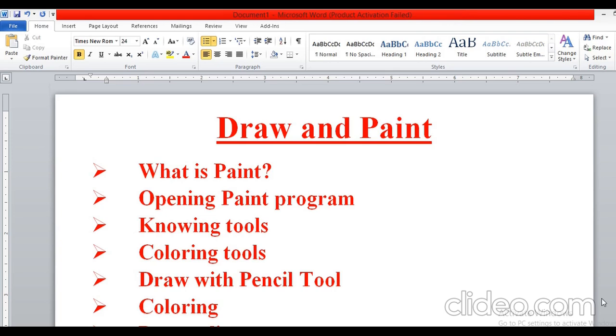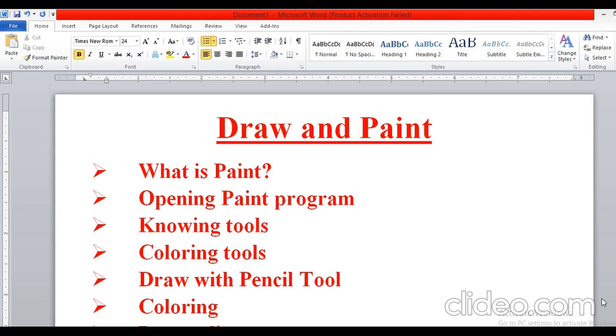In the computer we use the Paint program to make our drawing with the help of different tools like pencil, eraser, brush, color box. We can make a beautiful drawing with the help of these tools. All these tools are given in the Paint program.